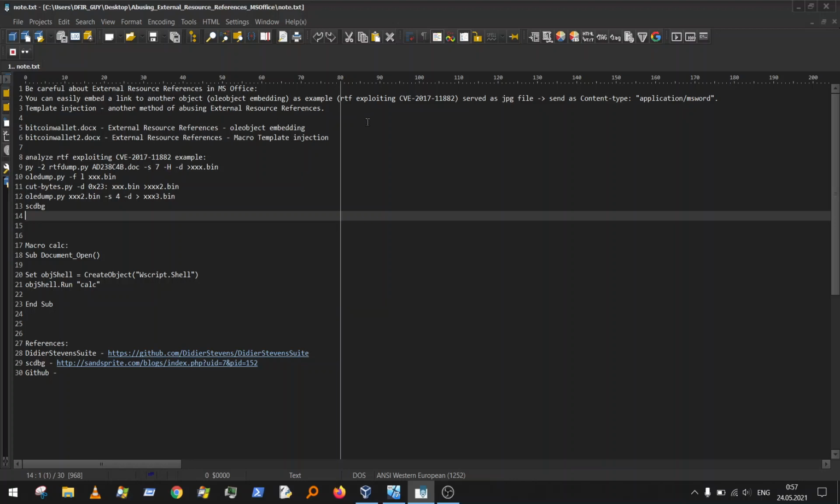I will show you how it works, how you can create something like this, and why template injection, because it's quite heavily used with some APTs, so you will learn how to do it, how to analyze it, and other stuff. So let's jump to our VM,